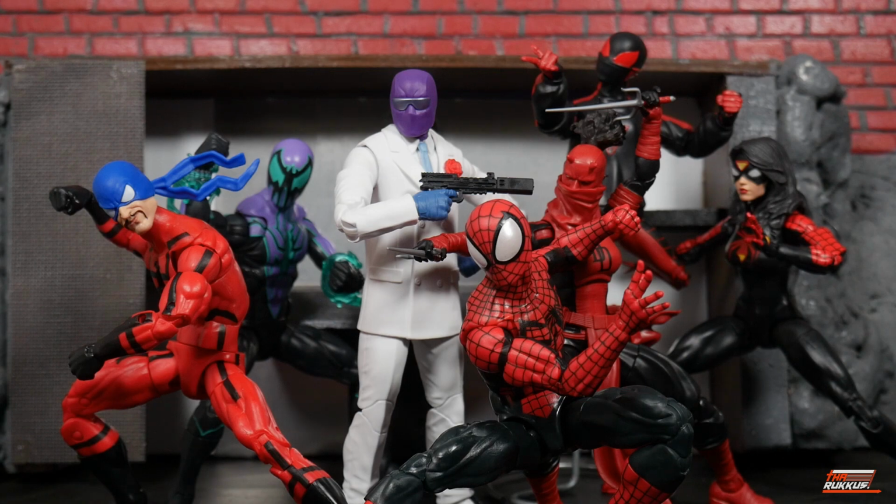Tarantula being the one that had to stand out because he's got a blue mask, which I still stand by my original assessment. It should be black, or at the very least dark, royal blue or something like that. But still, in all, I'm pretty happy with this wave. I think technically